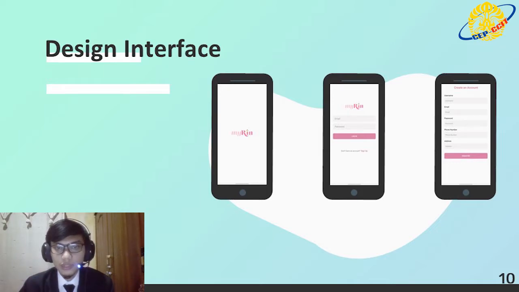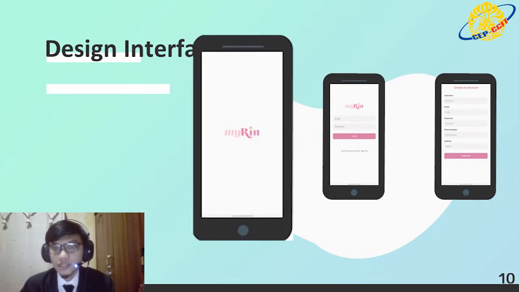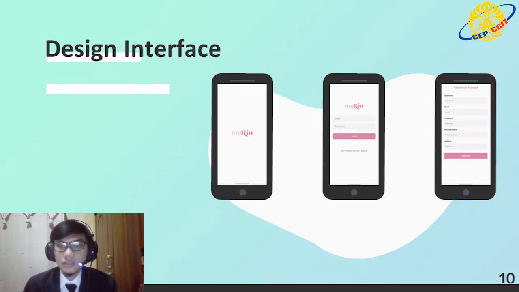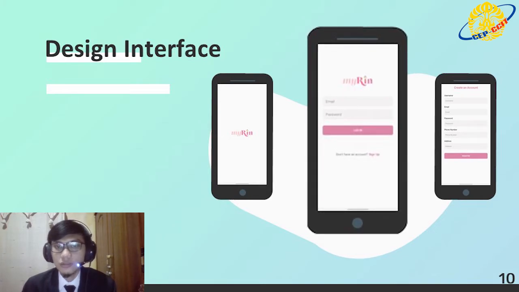Okay, the first interface you will see is the splash screen of the application, and then the login activity where the user has to log in to use our program.